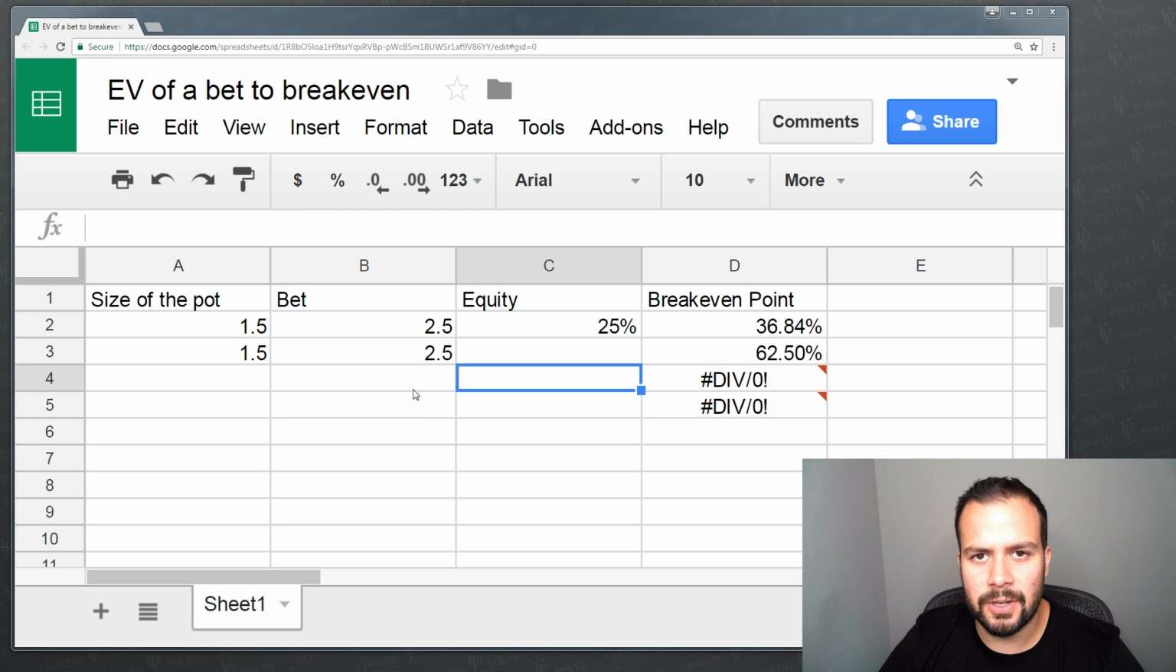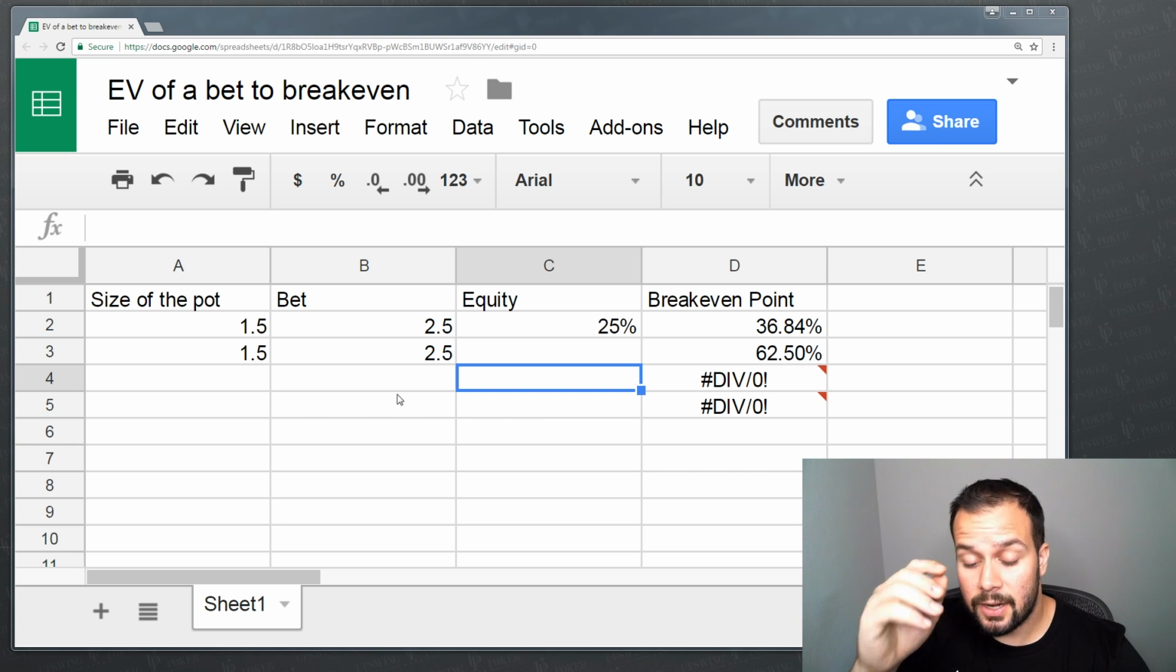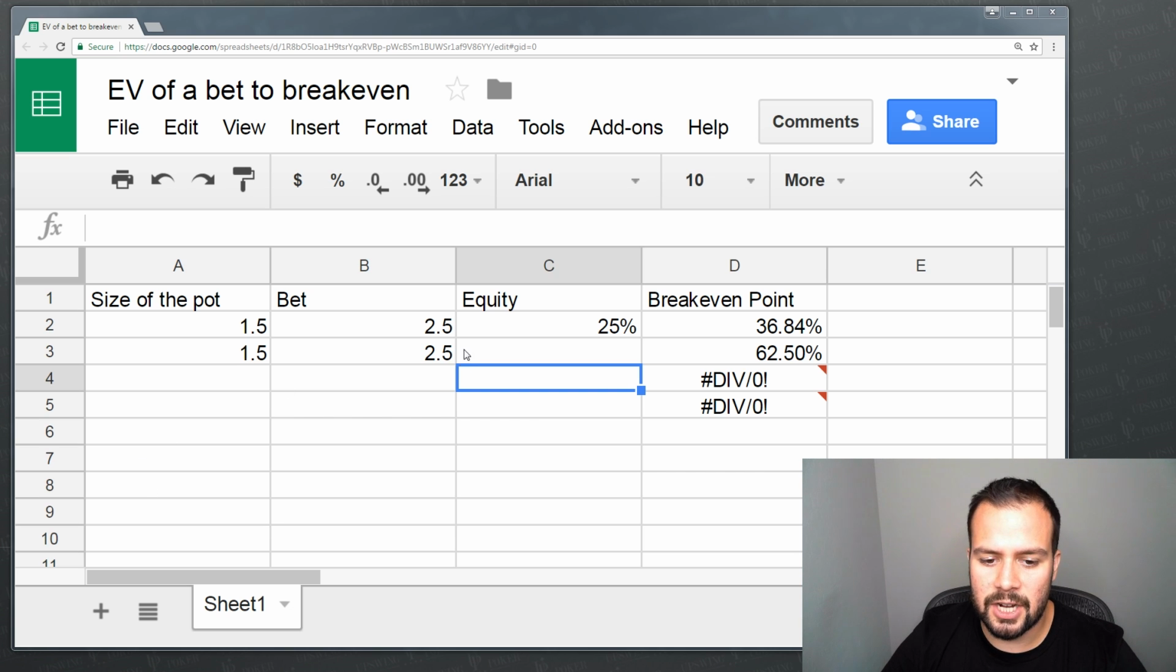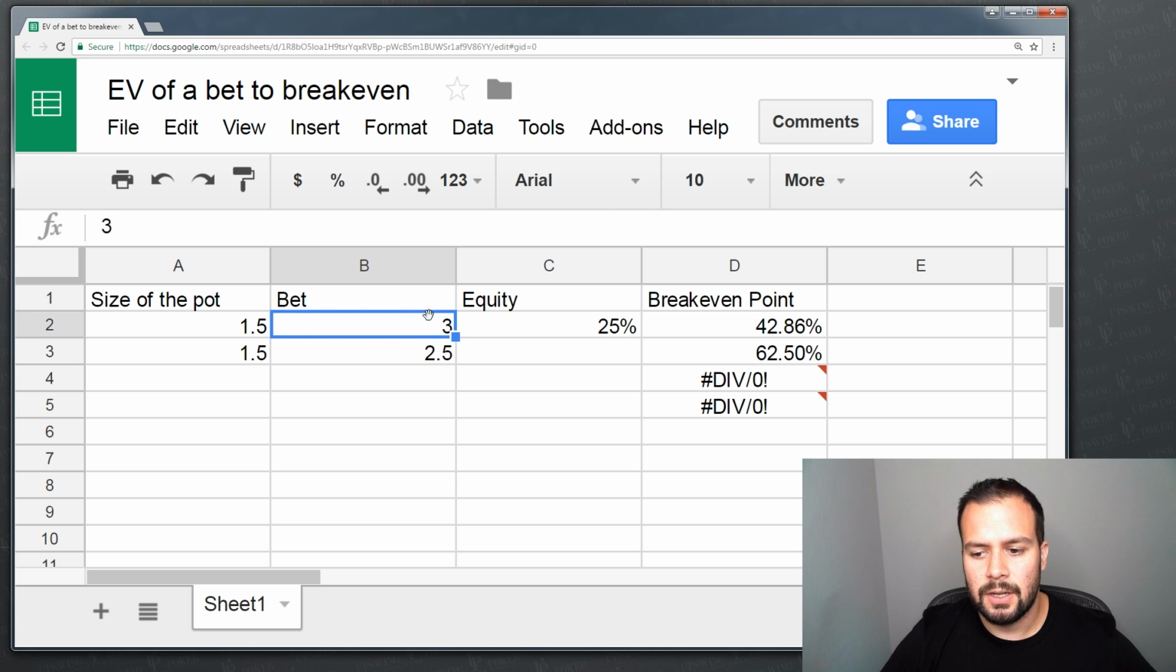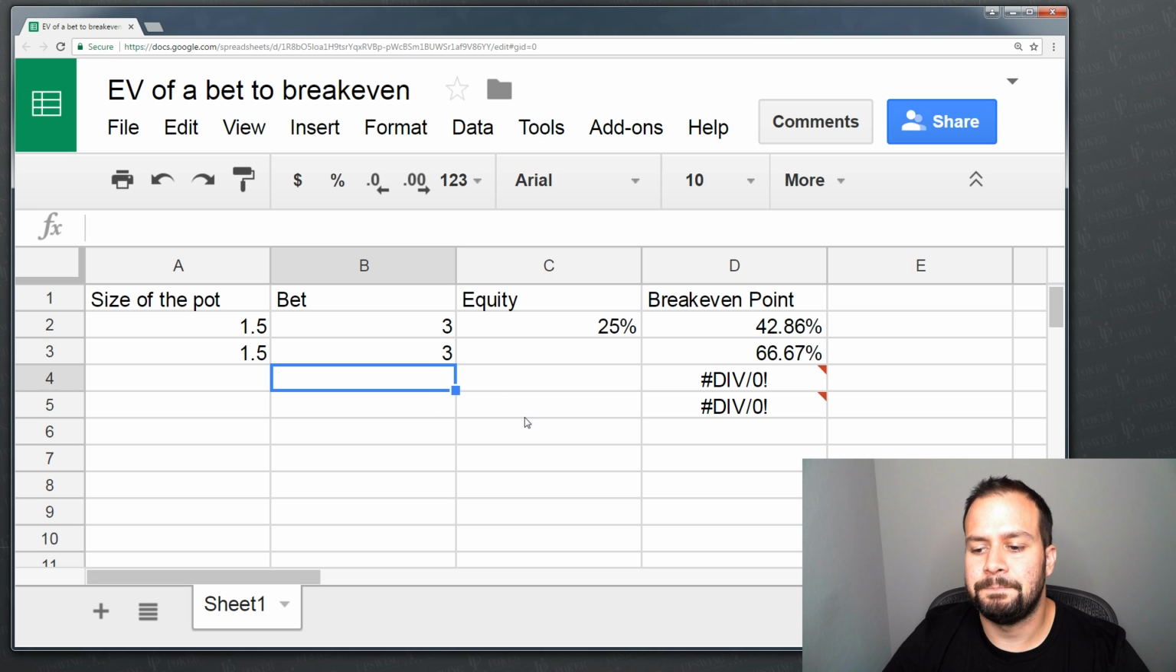First we're going to look at cash games. In a cash game, the size of the pot pre-flop is going to be 1.5 big blinds. There's the big blind and the small blind. And here we have a typical raise size for a cash game. It's 2.5, but this could easily be a 3x raise. I'm changing my mind. We're going to make this a 3x raise. So if you're raising to 3x pre-flop in a cash game,